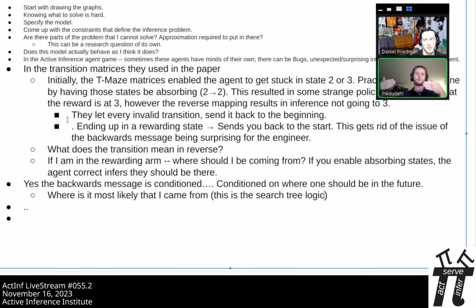So when you have the forwards pass saying, well, this is where I'm likely to end up, and the backwards pass saying, well, this is where I want to go, resolving that difference is what you do when you infer the action. You have two messages colliding, and they spit out something towards your action variable.